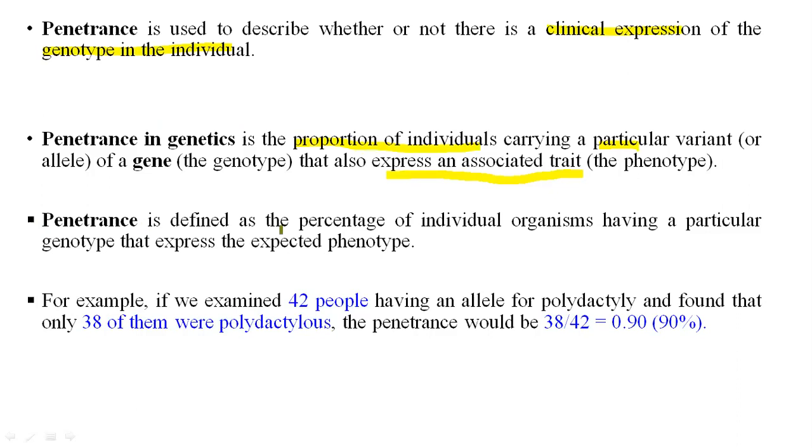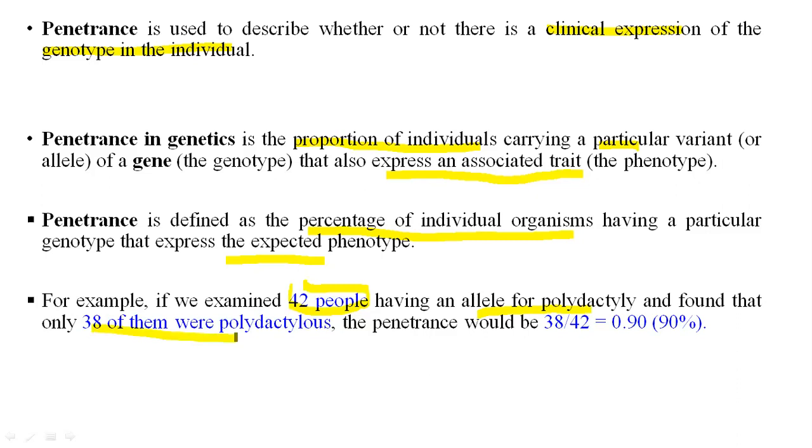Penetrance is defined as the percentage of individual organisms of a particular gene that express it. Now here is an example. If there are 42 people with the allele of polydactyly and 38 of them showed the phenotypic character of polydactyly,